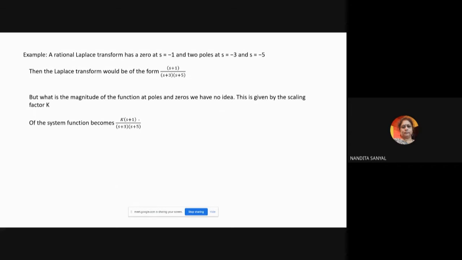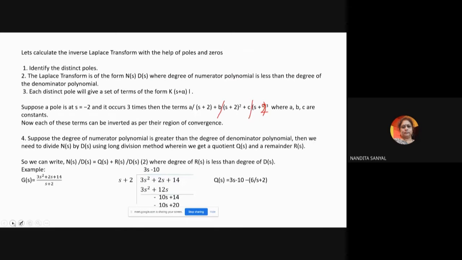Now, what I have not explained here is how to find this K. I am just telling you that you take this 3 common, and you take this 5 common. Then it will be 1 by 15, and if you express it in the S tau form, it will be 1 by 15 into S by 3 plus 1 into S by 5 plus 1. So the gain part will be 1 by 15. In this way you can find out the gain of the system.